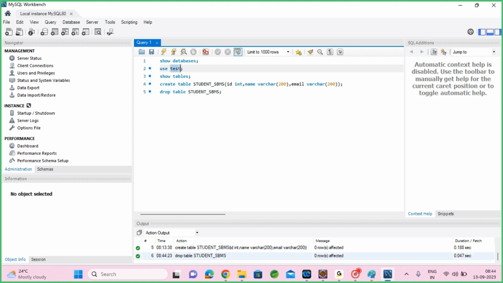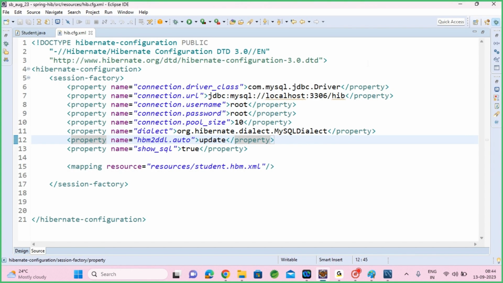And which schema I'm using? Test schema. So put your schema name here. Okay. All MySQL configurations I have here. Username, password,